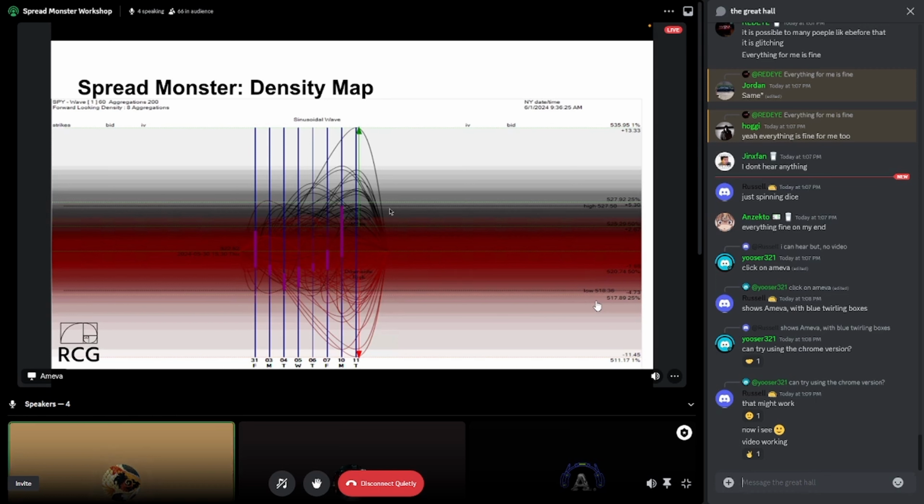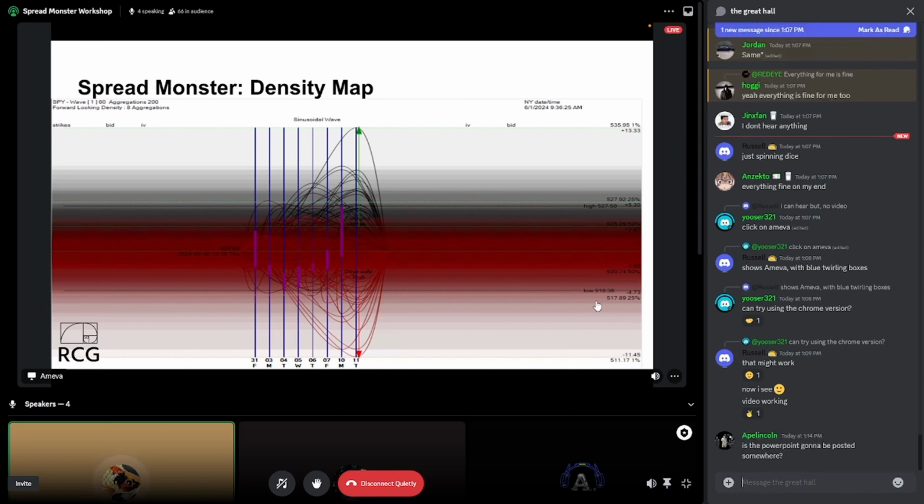Now I'm going to talk a little bit about the spread monster density map. It's a great confluence to use with IV walls and other fractal confluences, right? Here's an example from Friday. This is an hourly capture that I did on the S&P using the Wave 160, right? Price action, we're in an outlier move during the beginning of the day, that downtrend, right? We revert from a high probability,